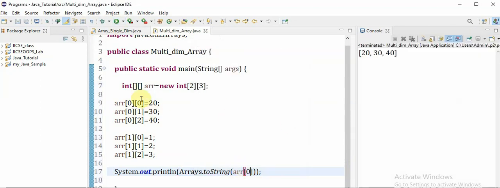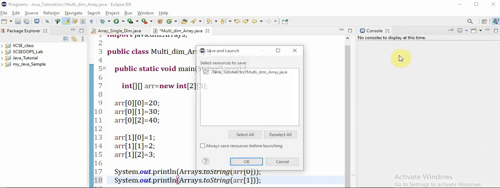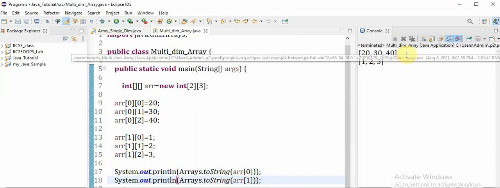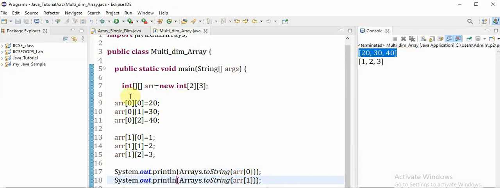So here we know this is the 0th row values. So we got 20, 30 and 40. Same way, I want to display the first row element, so I can say ARR of 1. So here we can see this. For the 0th row we gave 20, 30, 40.